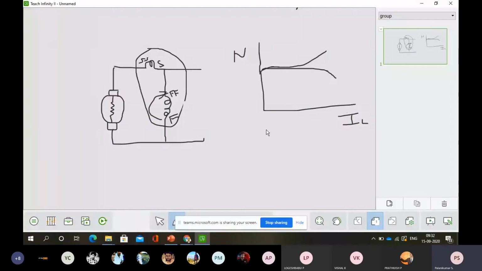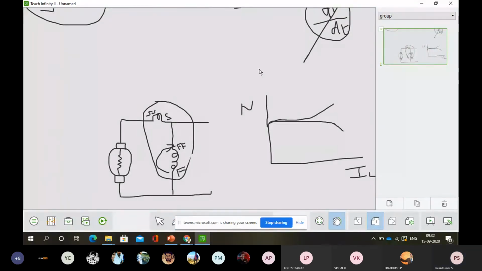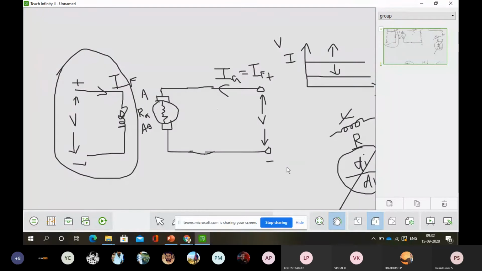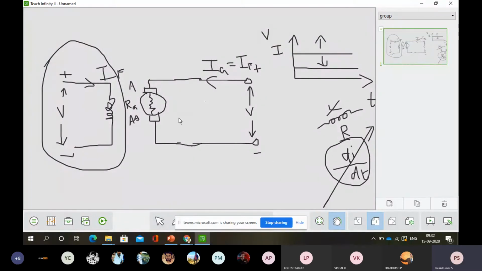That is what I have shown here. So in this case, a separately excited motor: I have an armature connection that will be excited by one supply, and my field coil is in parallel. Automatically this would be called parallel, but it is separately excited, so we cannot say it's a parallel. It is separately excited, so I can have an individual control.